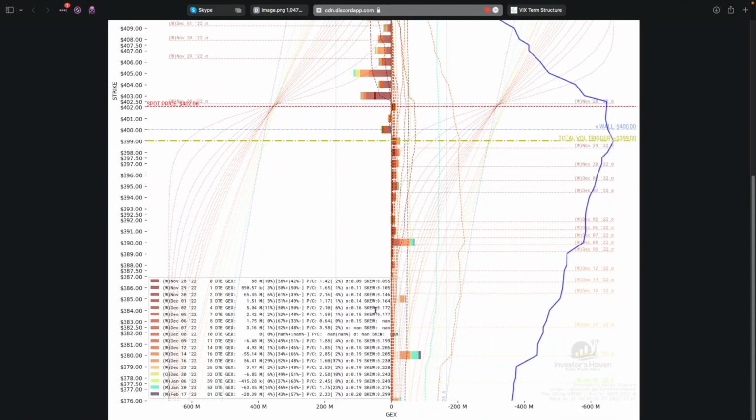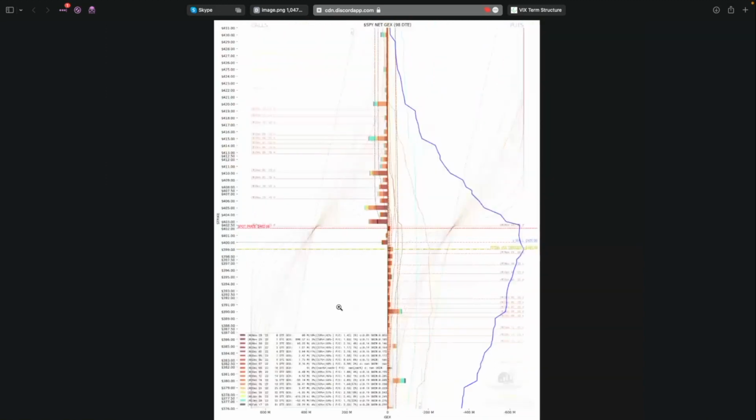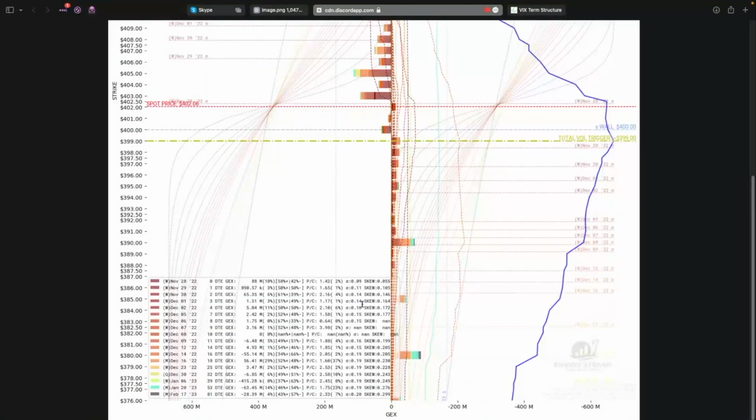When did you say JPOW was, the 30th, right? JPOW is the 30th, yep. And then you've got beginning of month flows coming in, which are typically bullish, and you can see the positioning there is bullish. You can see it a little bit, right? It's just barely there, but here the sigma for November 28th is... God, why do I keep clicking this button?